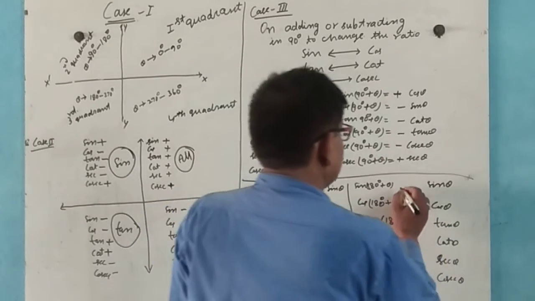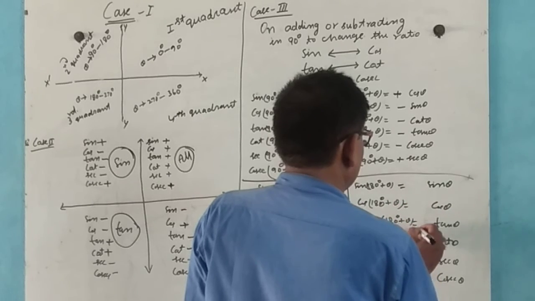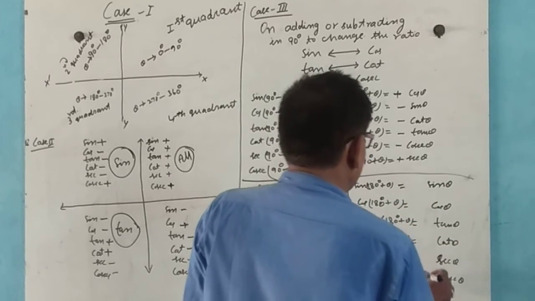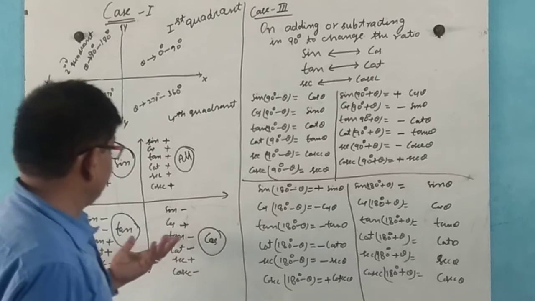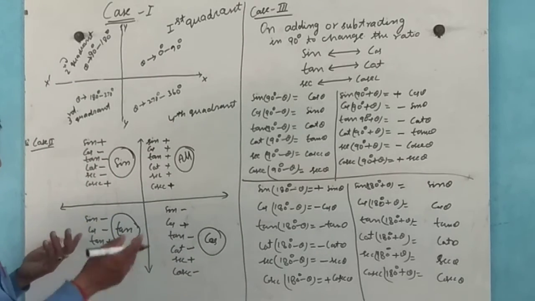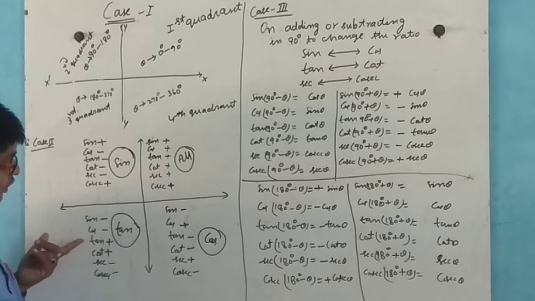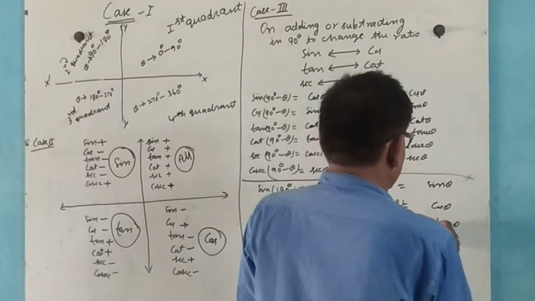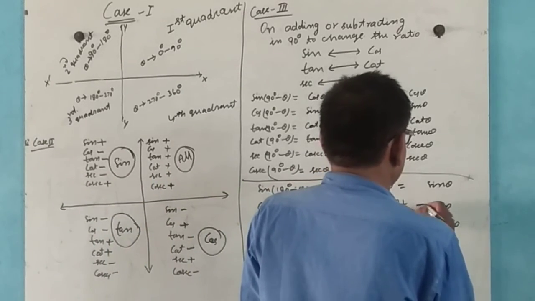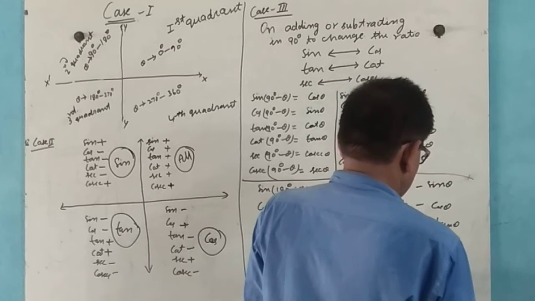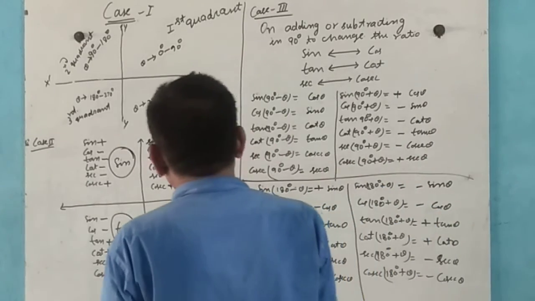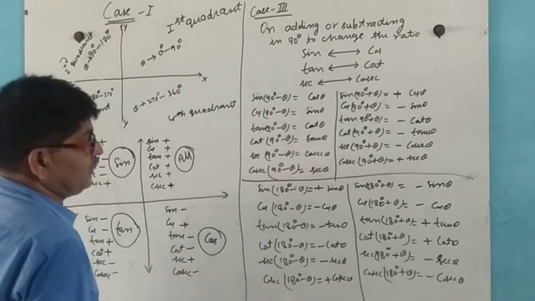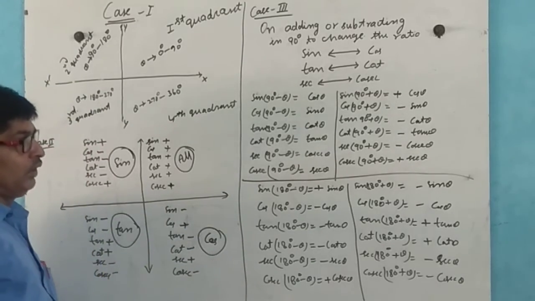But the sign changes with the help of this. These exist in the third quadrant. Tan and cot are positive, the rest are negative. So with the help of this, we calculate